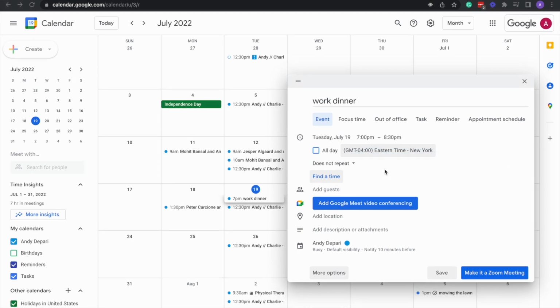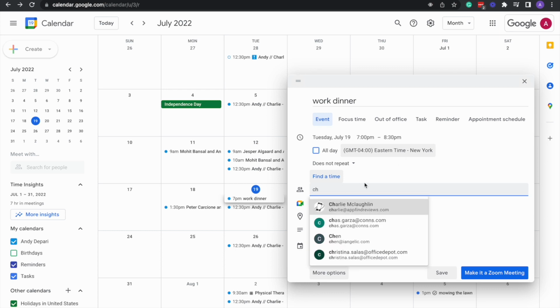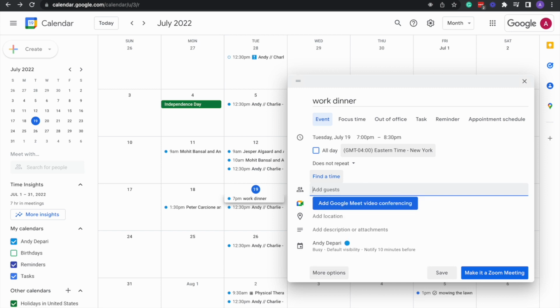So for adding guests, it's super easy to do. Anyone that you're in contact with a lot, if you click right here and click add guests, you can type in any email or person in their Gmail account is going to pop up and you can just add them. So as you see, I start to type in letters, you're going to see that certain names pop up that I've talked to or I've worked with before, and you can put in any email that you want for that specific event and whoever's invited to that work dinner, and they'll receive a notification as soon as you send this